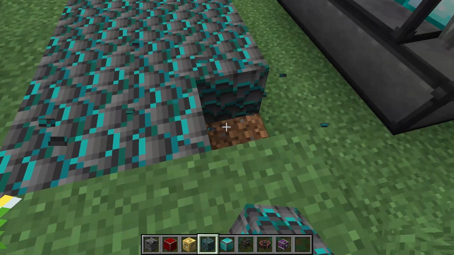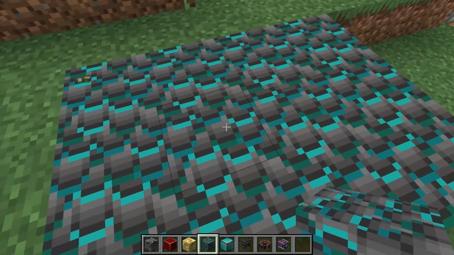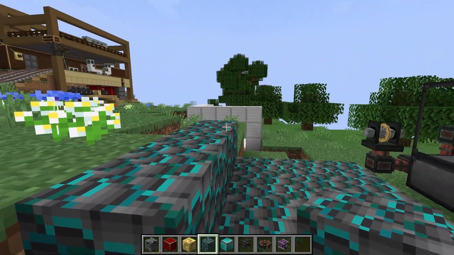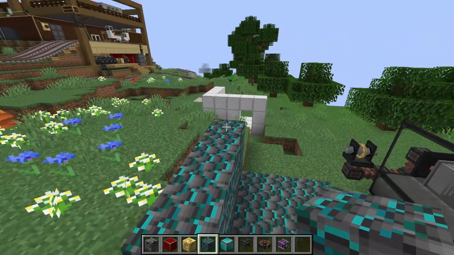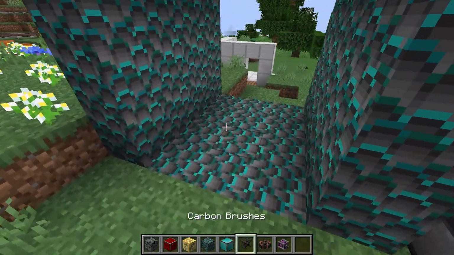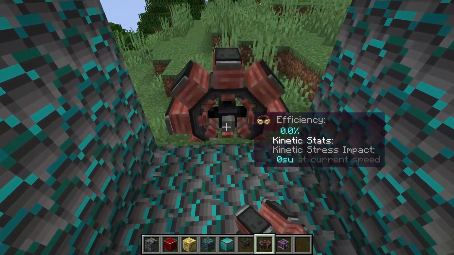You can have it from 1 to probably my guess would be 10 blocks wide. I'm going to choose 4 because that's my default for no reason. And then you need to make a 3x3 inside. That way it can fit. And then the next step is to place